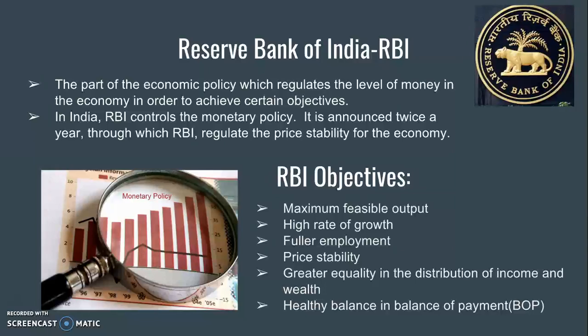So there are certain key objectives that RBI has to follow, because in the economy, in terms of money I'll be talking, things can't be too pricey, in the sense of too high a price or too low a price, right? It has to maintain a kind of equilibrium, just to manage the economy.